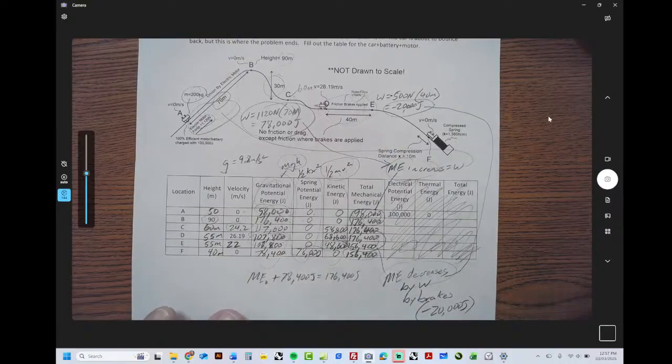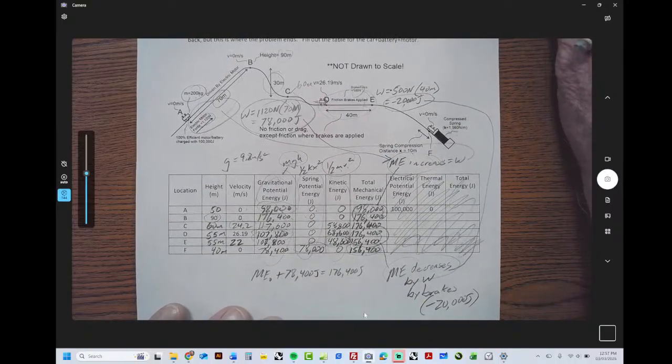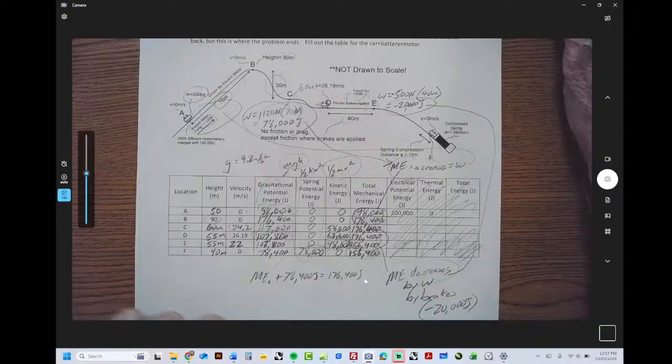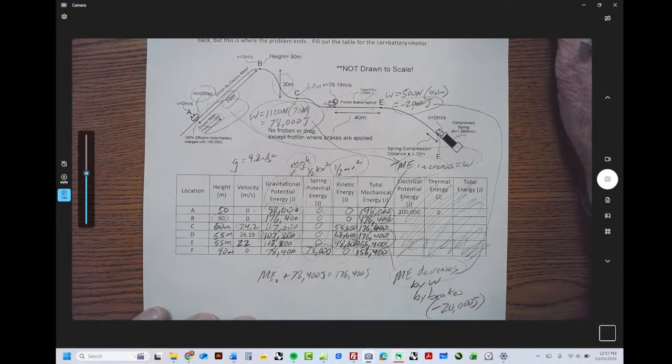Guess that's it. I don't know what else I can say. So print yourself a blank copy. Try to do it all by yourself. Think through what you're doing. If you don't know why you're doing what you're doing,